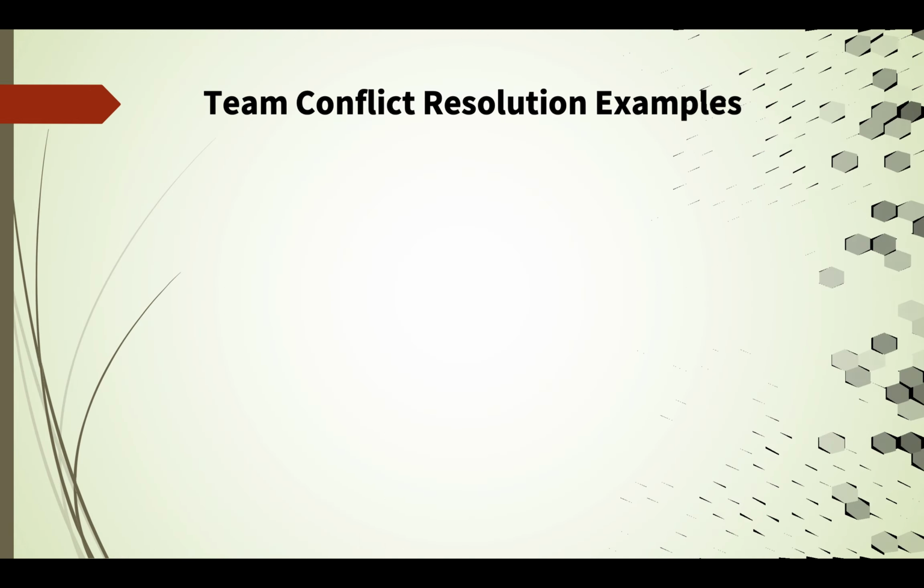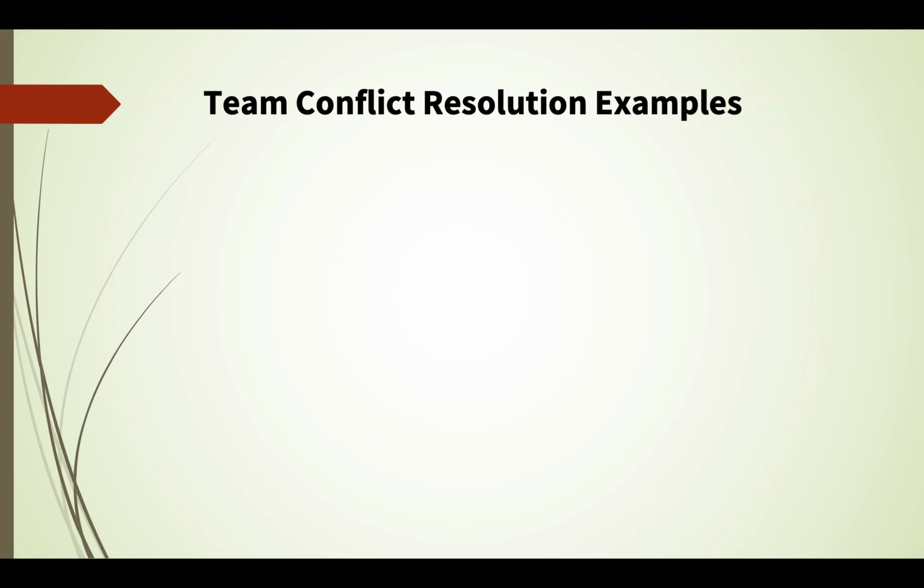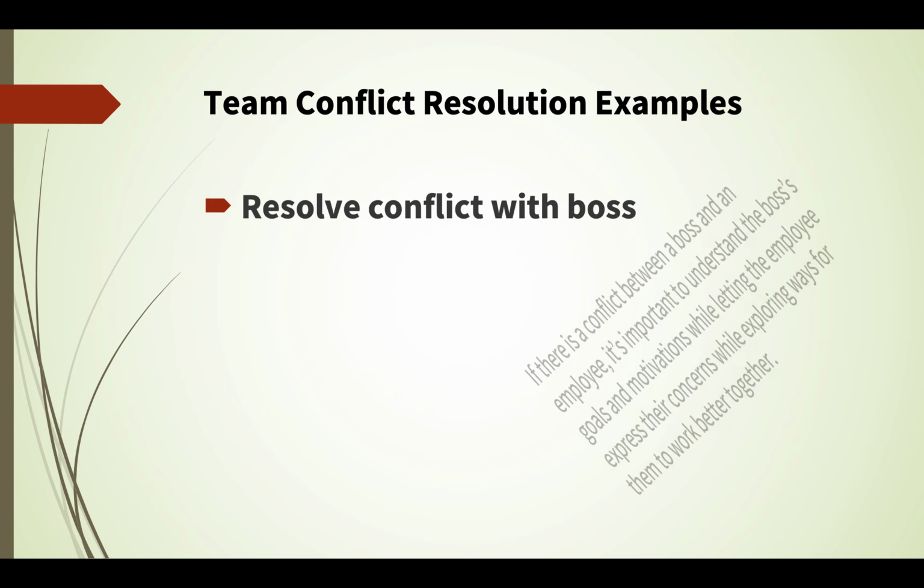So now we have discussed some types of conflict, and we have considered scenarios of what a conflict with a boss, colleague or team member might look like. Now we will give you solutions for how to resolve such conflicts. There are several methods of addressing conflicts within a team, but by having a thorough understanding of which type of conflict a worker is dealing with, you can better predict how to resolve them. So the first point is resolving conflict with a boss.